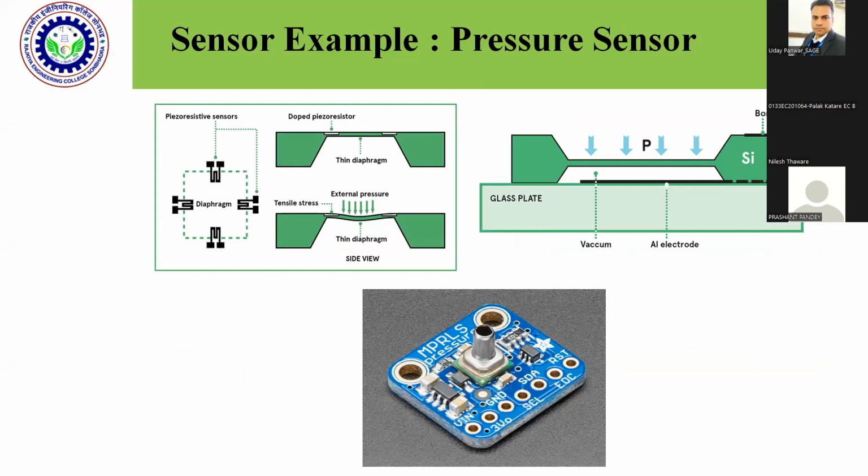With the help of this pressure sensor, we can measure different kinds of things, for example if we want to measure pressure, or a kind of blood pressure, these kinds of sensors will be used. Within it, the diaphragm will be here, and when pressure is exerted on the diaphragm, it will have a tensile stress, and based upon that tensile stress, the resistance will change, and based upon that resistance, we can sense what the pressure is, and the data can be calibrated, and we can have an output.